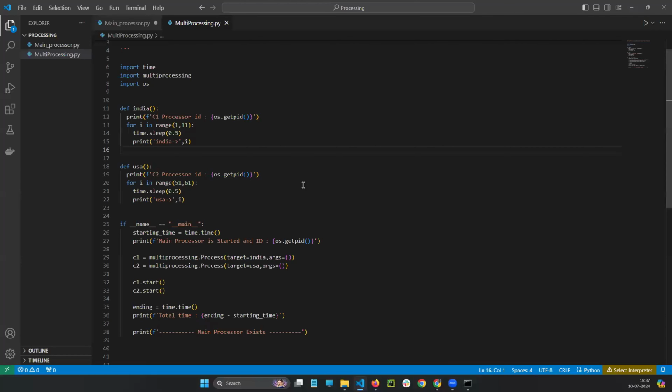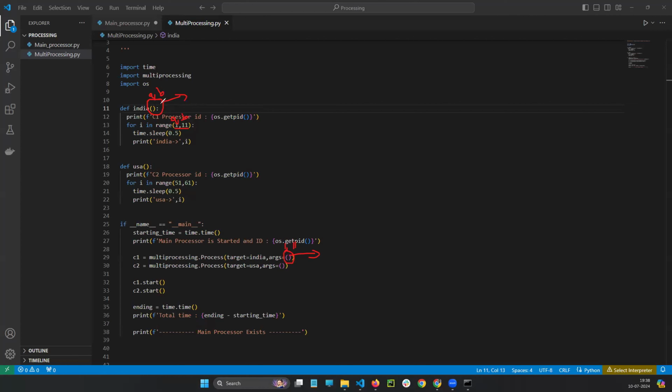Okay, sir. And after India, you're opening the braces, no, sir. For what reason are you opening the braces? Means to pass the arguments, because it is an empty argument. Yes, it is empty here. I'm not passing anything here, so it is empty. Let's say why not write 1 comma 11 here. You can pass 1 comma 11 here, and you can accept with a comma b. And here we can write a comma b, like a parameter function.